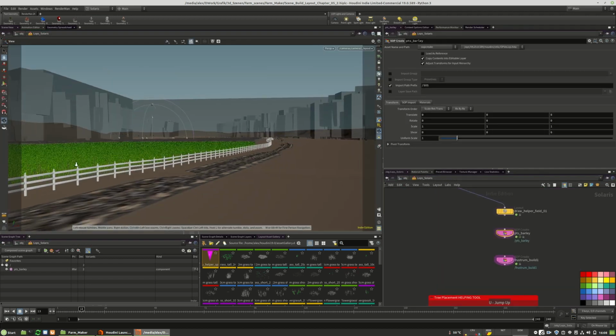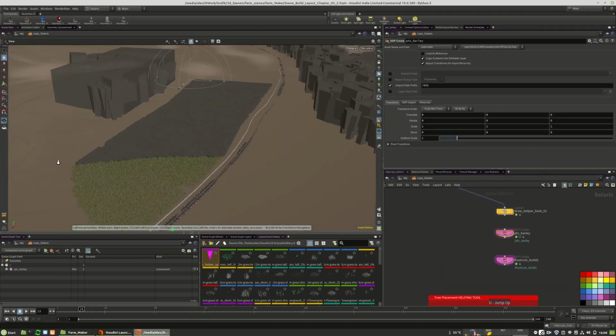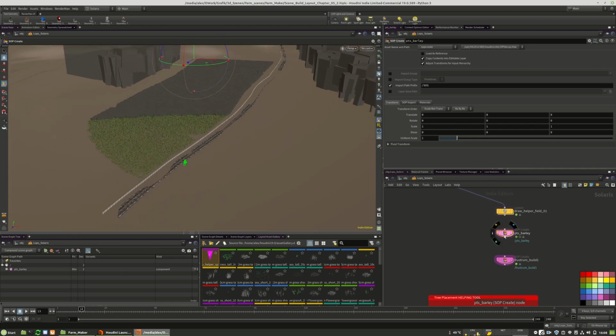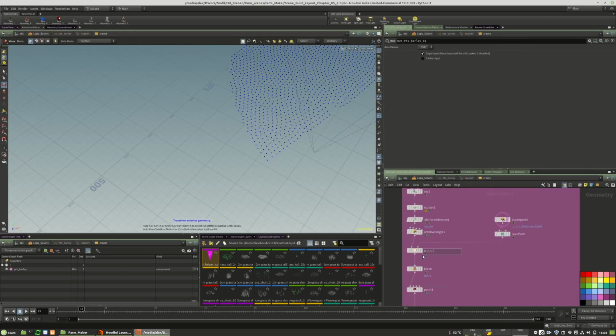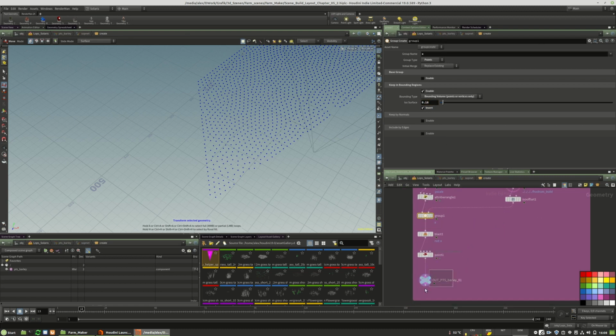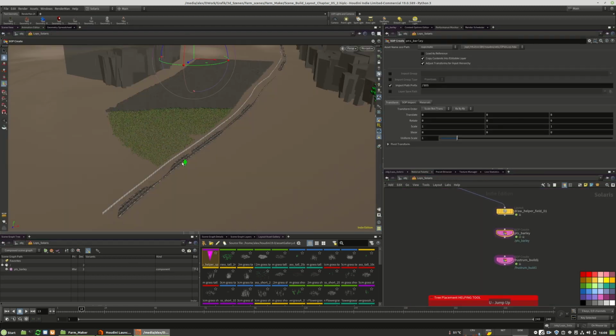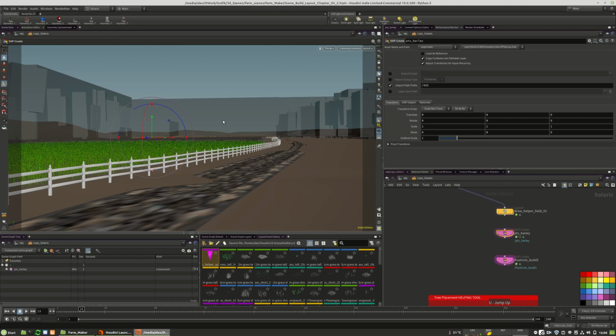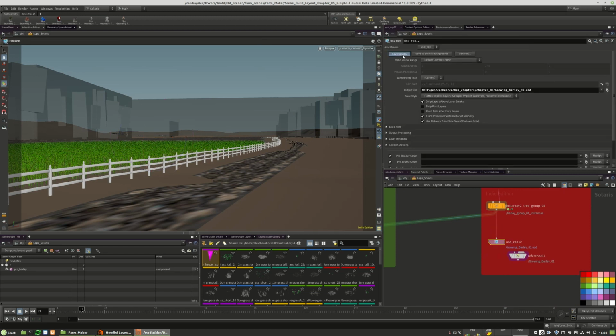Yeah, I think this is way better. One time again. Yeah, maybe 1.8. So let us look. Yeah, this looks good. So I will bake this out again,